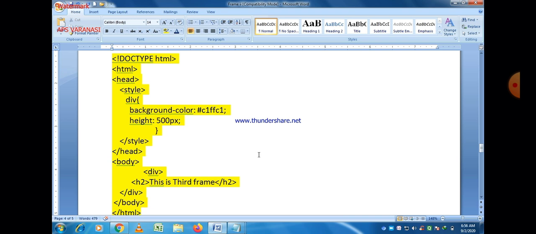Background color is now changed here to differentiate frame 1 and frame 2 from frame 3, and also the heading is changed, and in this you can easily see that the heading is this is the third frame, and all the rest is the same as the previous one.